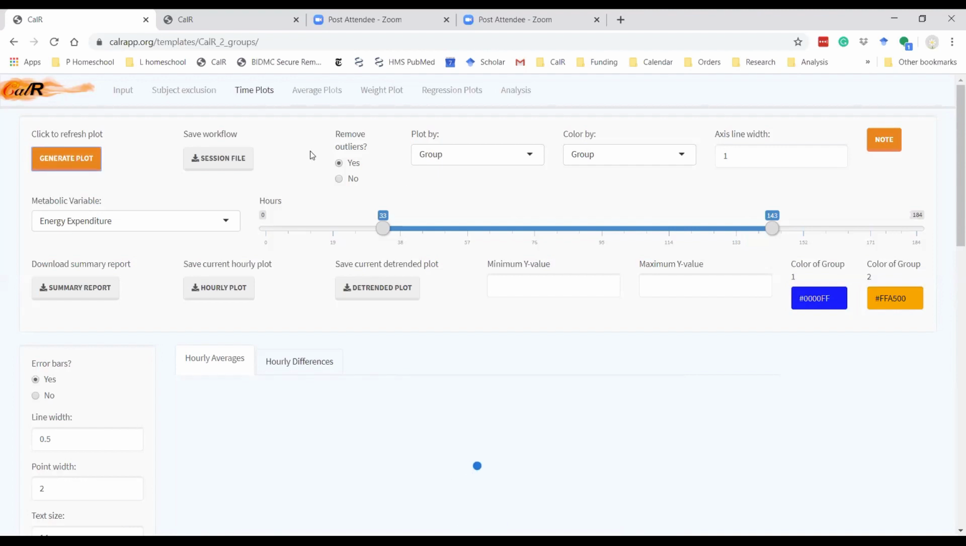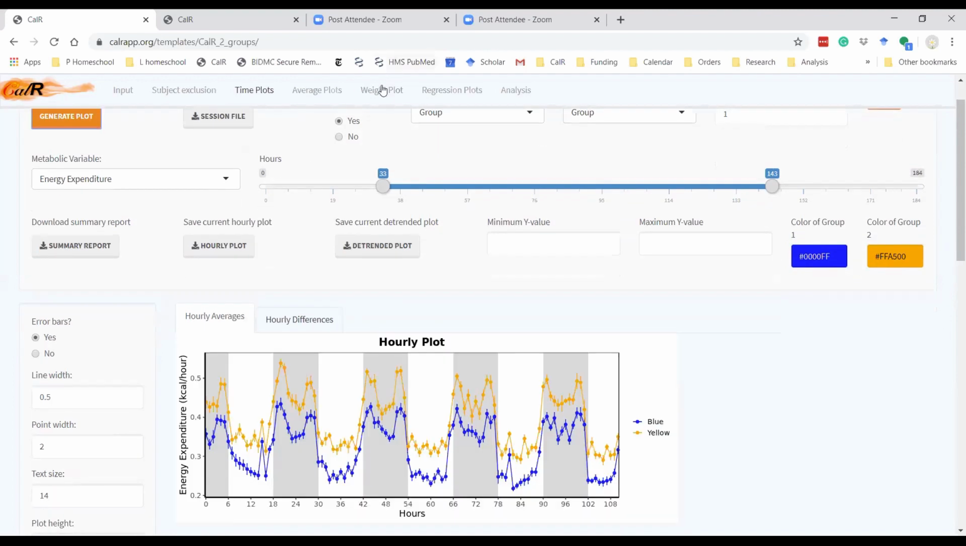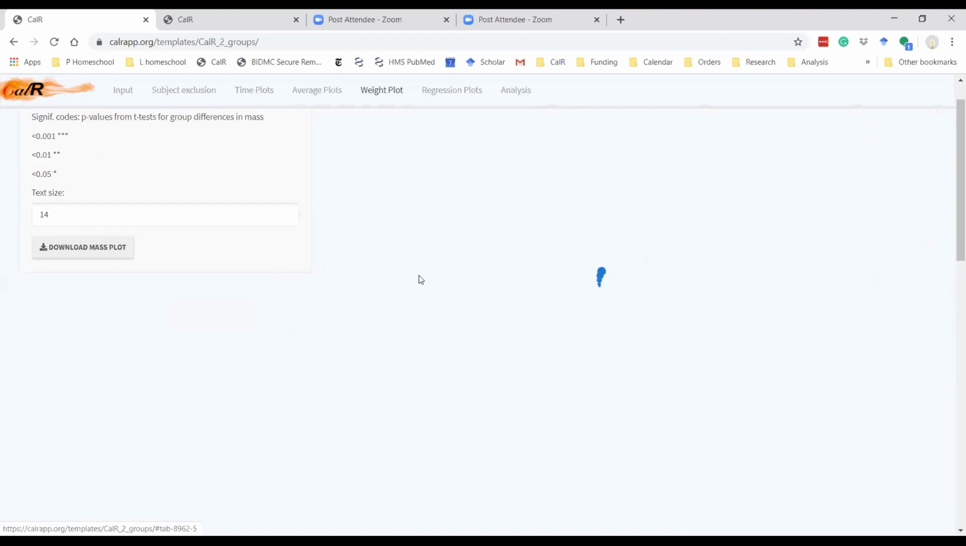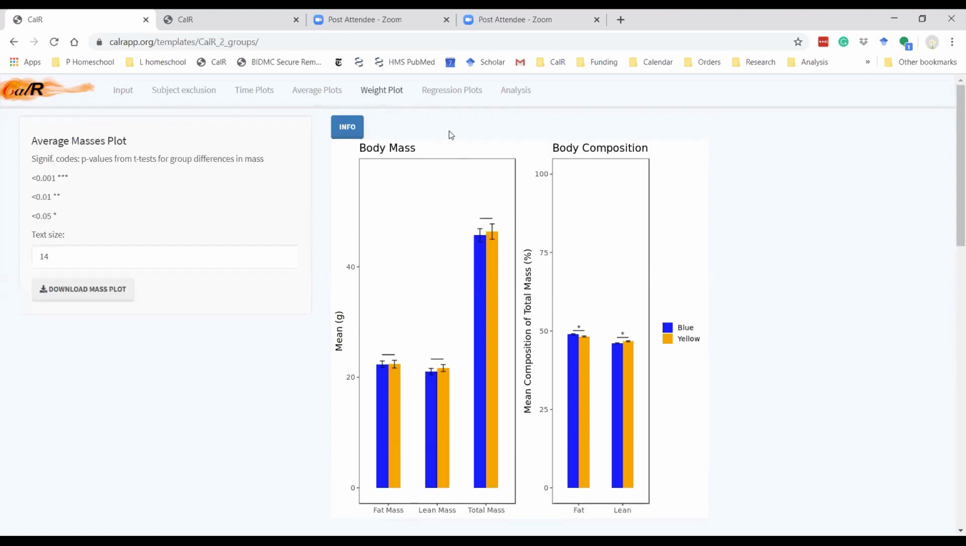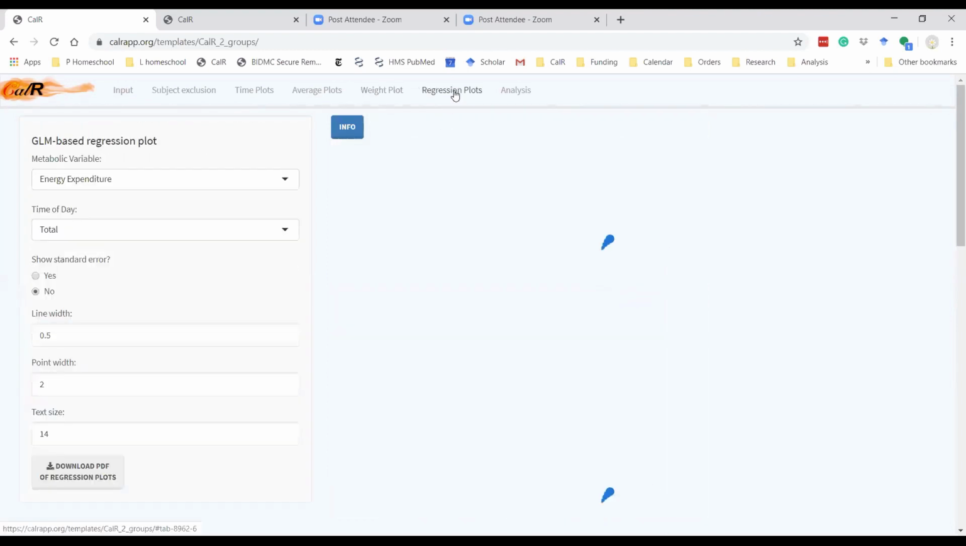So from here, we can go to the weight plot, and you can see the weights of the two groups in this experiment. You can see the fat mass is similar, the lean mass is similar, and the total mass is also similar. So that's a great setup for a good experiment. If you go over to the regression plots,